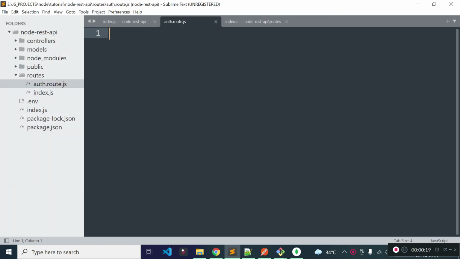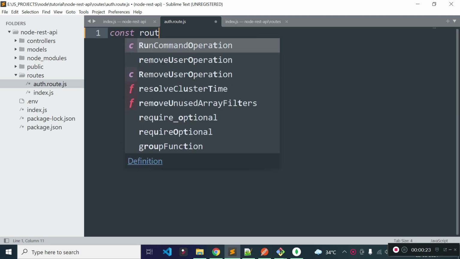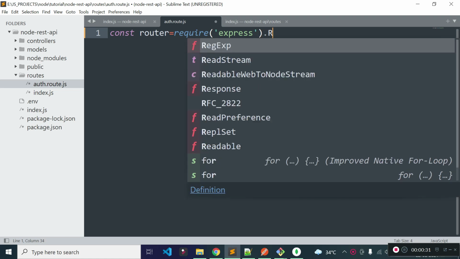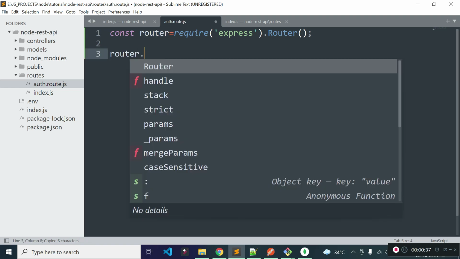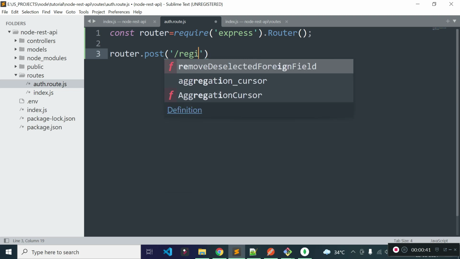And inside this file, I'll store the express router in a variable called router, and we can get the express router from the express library's router method. And then I will create our registration API endpoint. The route method will be post, and the URL will be our base URL slash register.